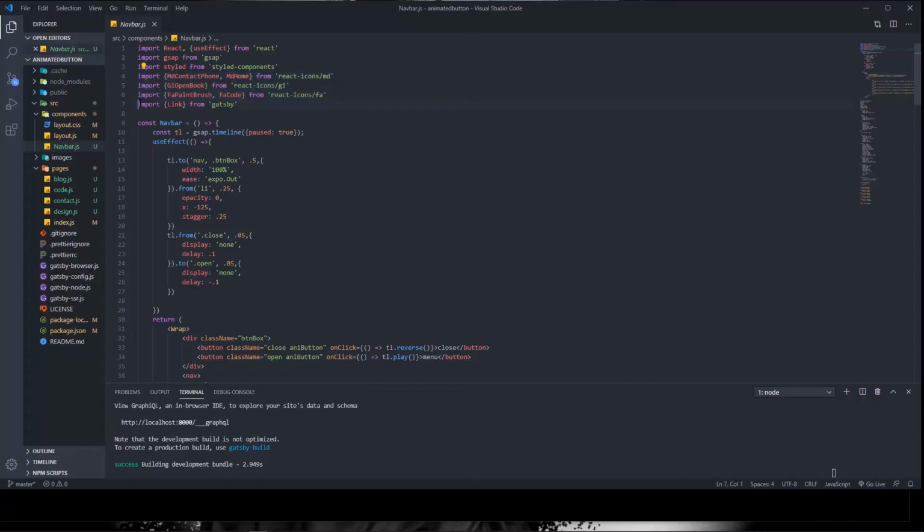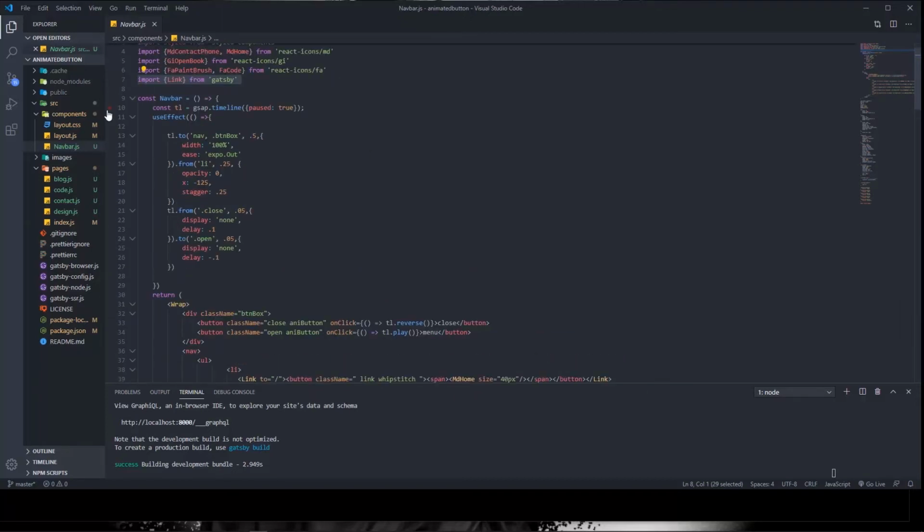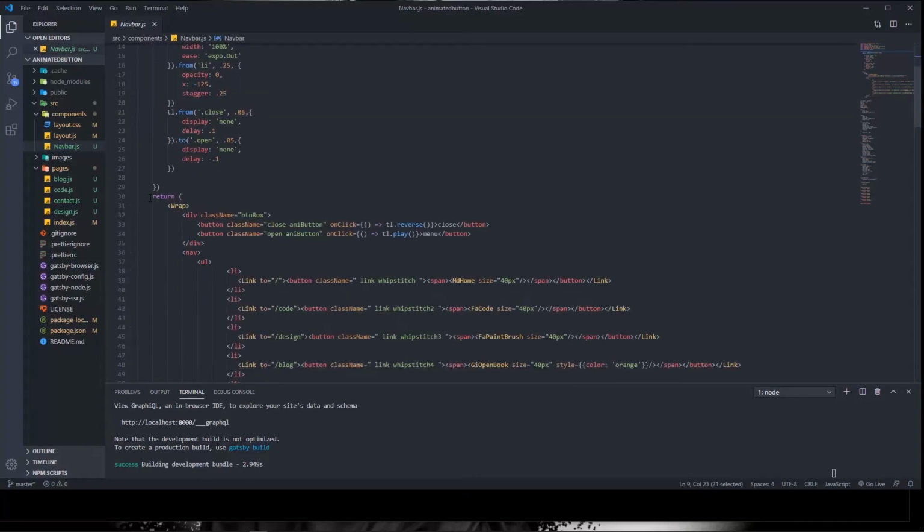And then I imported a link instead of using an anchor tag. It's the exact same thing. It's a core feature of Gatsby for really fast internal navigation. Okay, before we take a look at the GSAP, so here is my arrow function, and that is going to